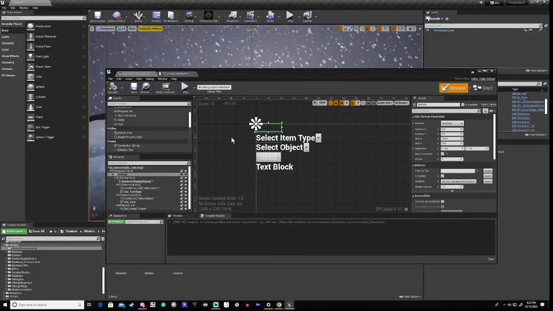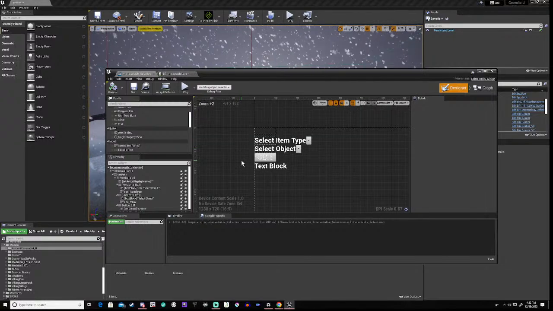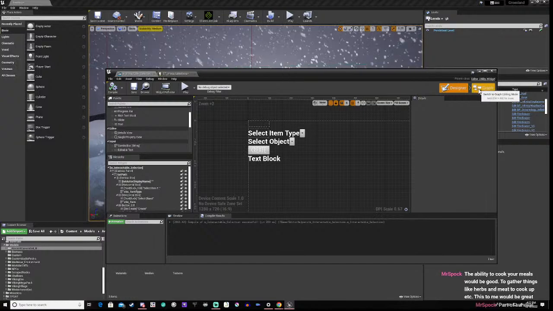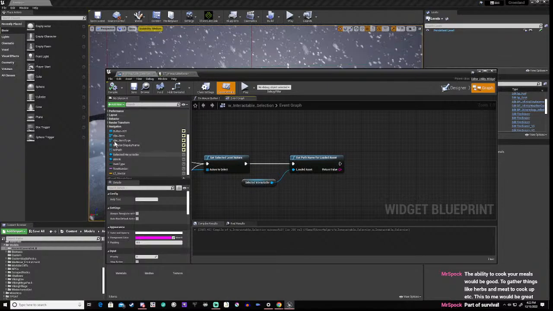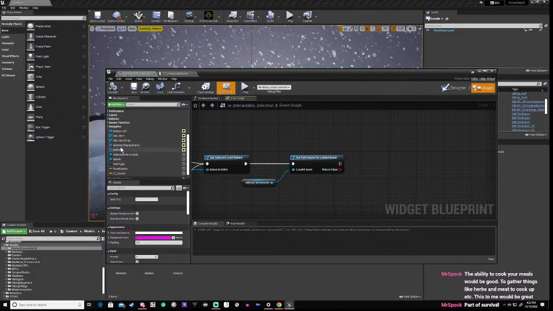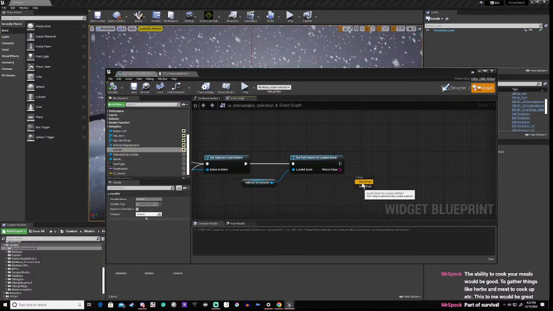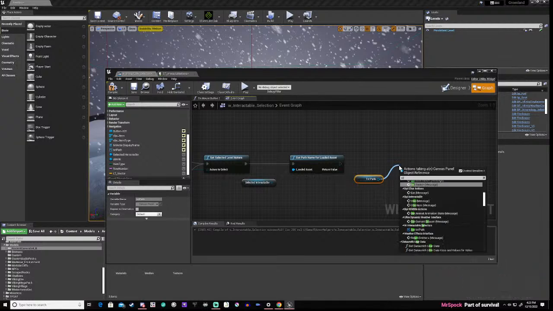Yeah, that is kind of in mind. Right? So what we're going to do is we're going to say text path, right? And we're going to set text